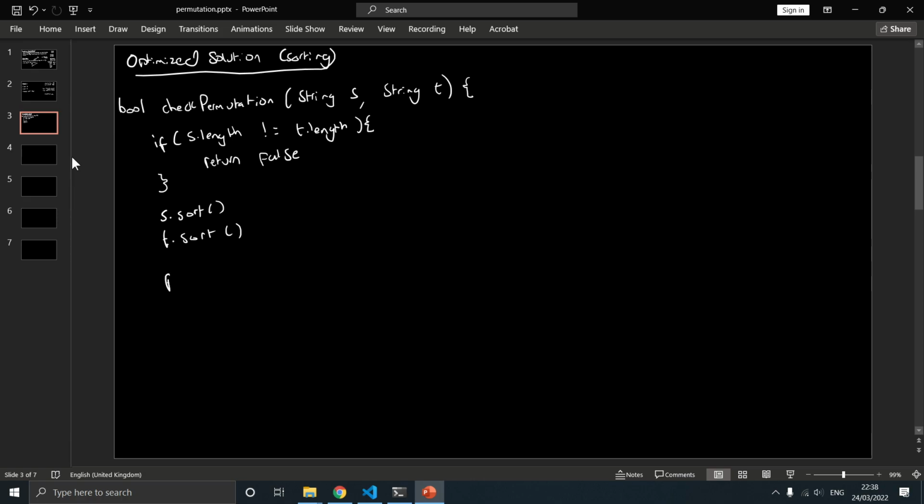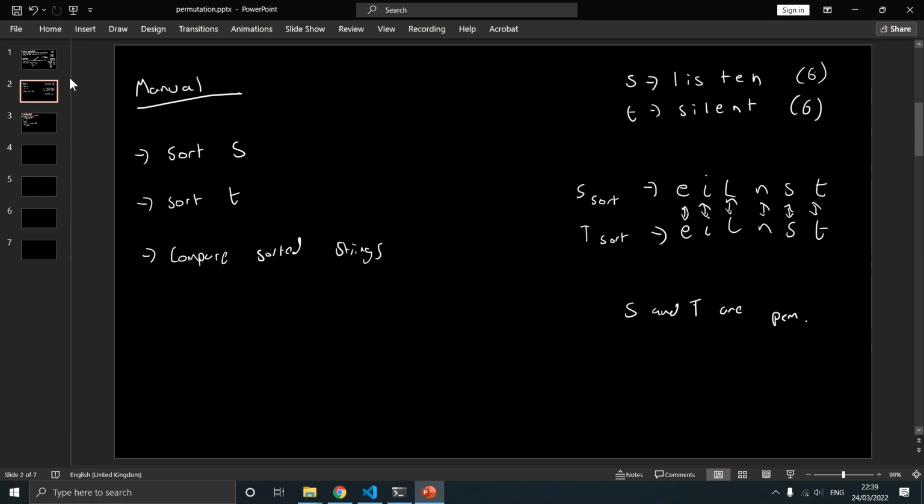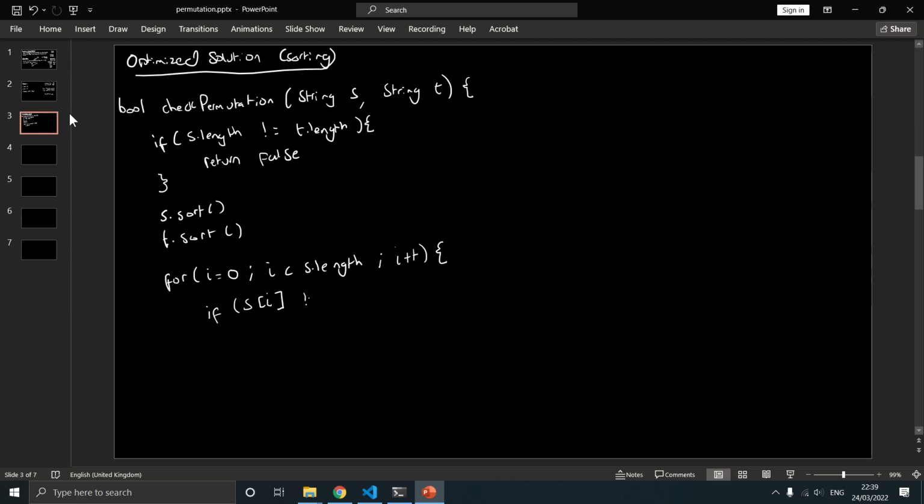So we can just have a for loop, and then start off with index 0, and we can go through every character basically. So we go from 0 to the length, and we increase i by 1 on each iteration. And what we want to do here is say if s[i], so the character in string s at index i, so index i was 0, for example, we'd be looking at this one. So if that one is not equal to t at index i,